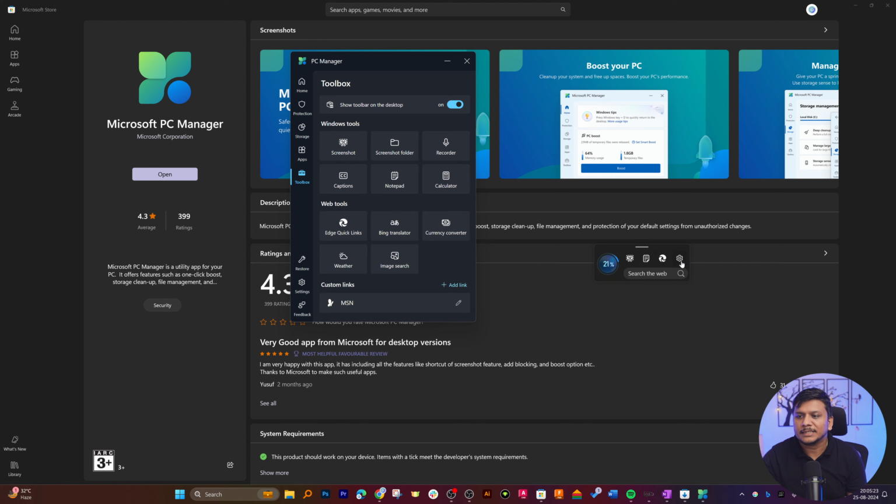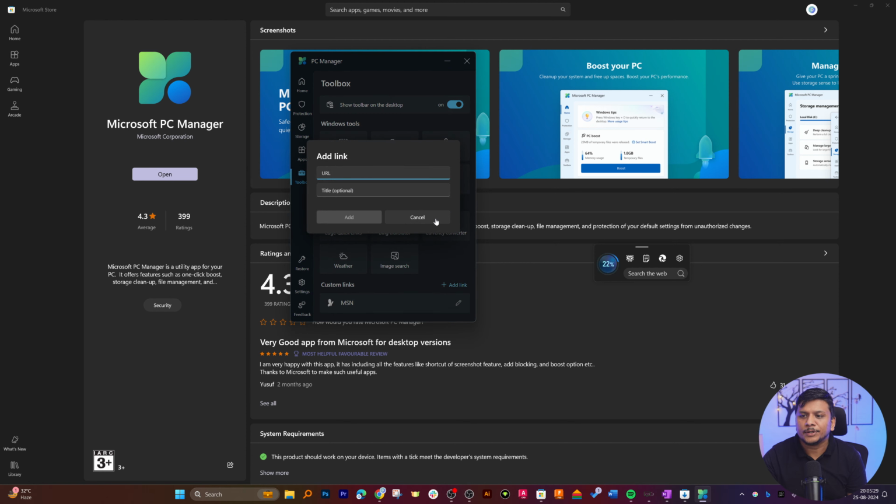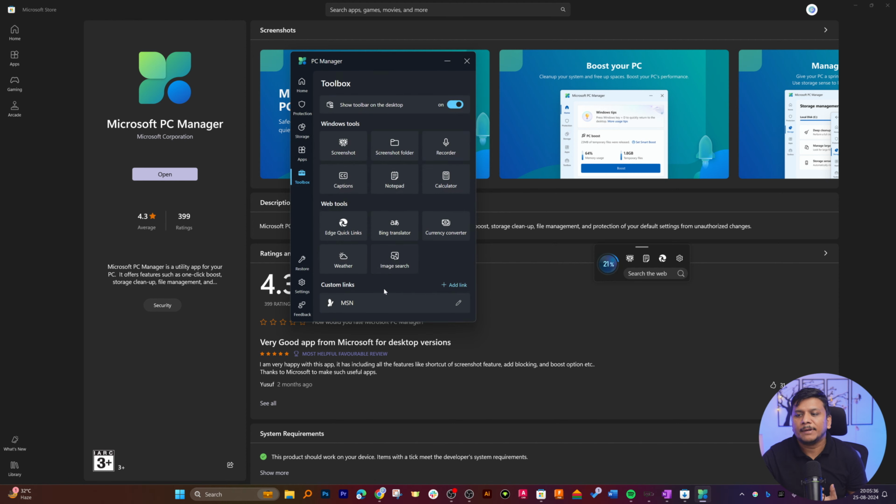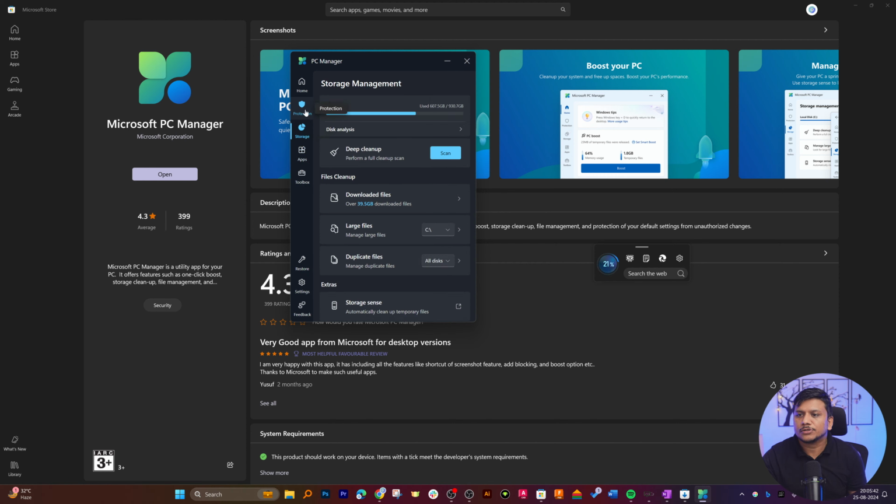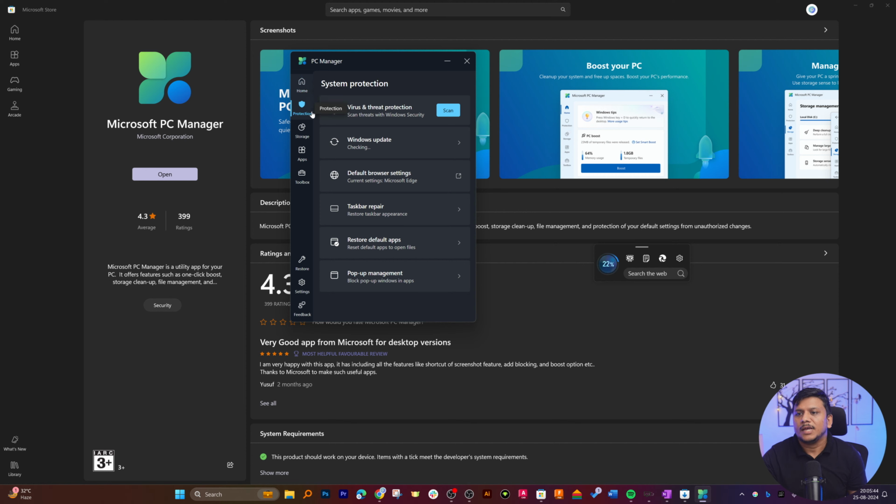I would say in certain scenarios this could be really useful. So it totally depends on you, and you can also create your own custom tool by adding a link. So it could be any web app. Okay, so like this you can also utilize this toolbox or toolbar, and then it also has this virus